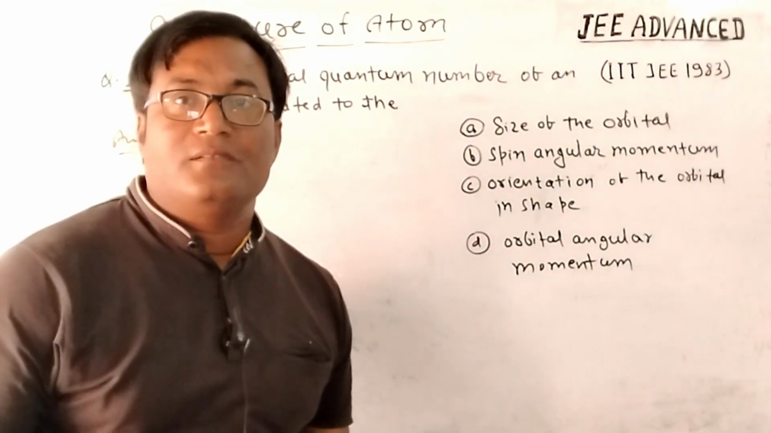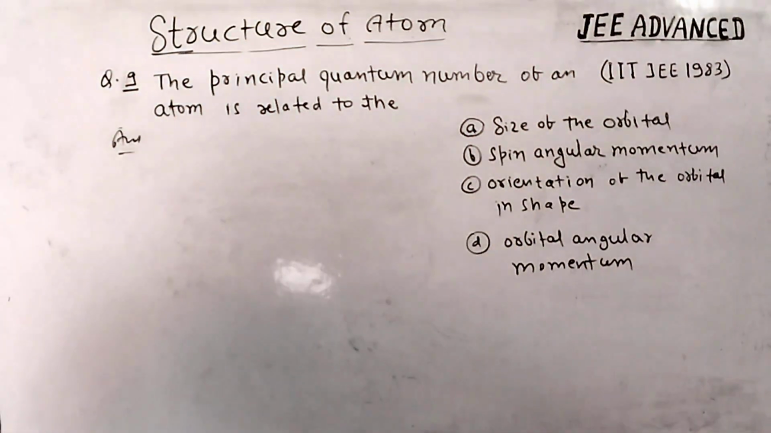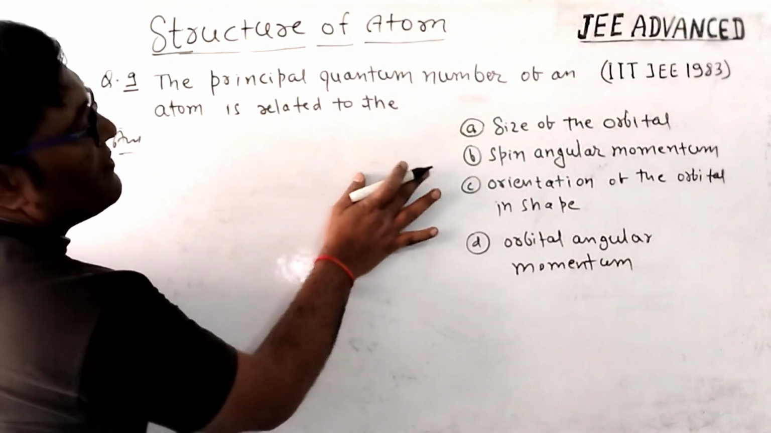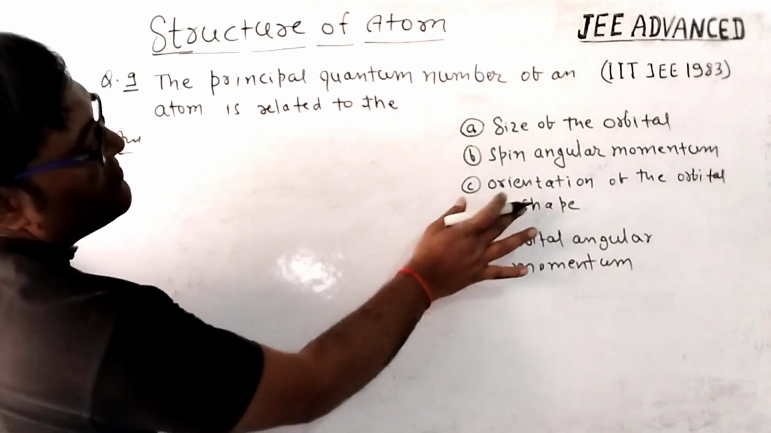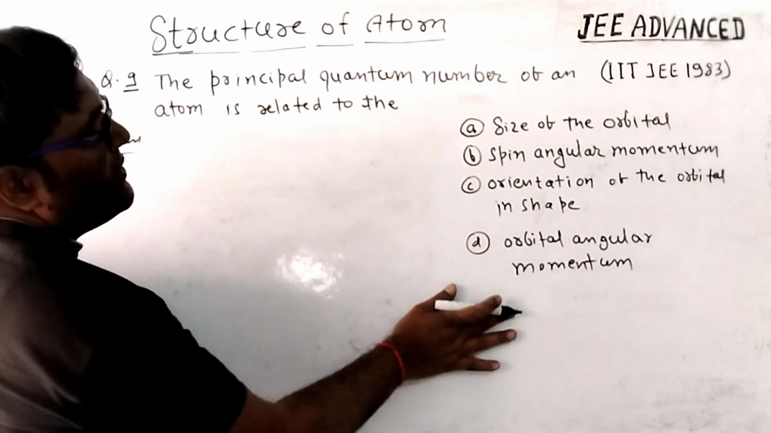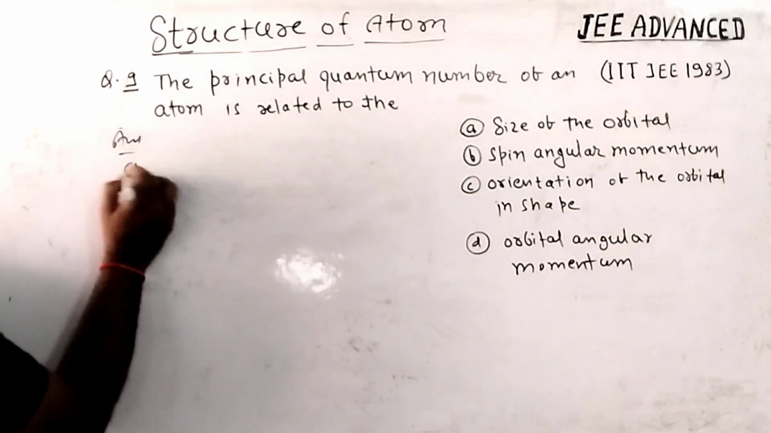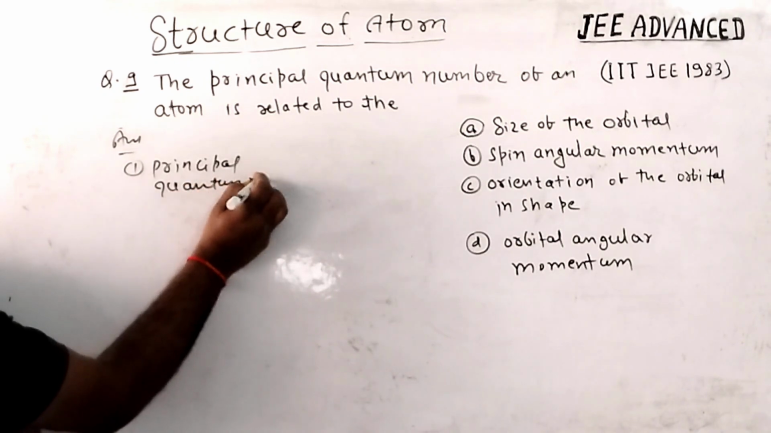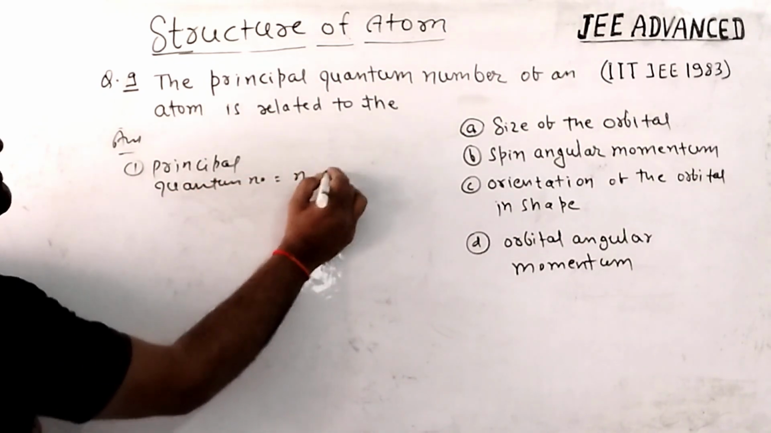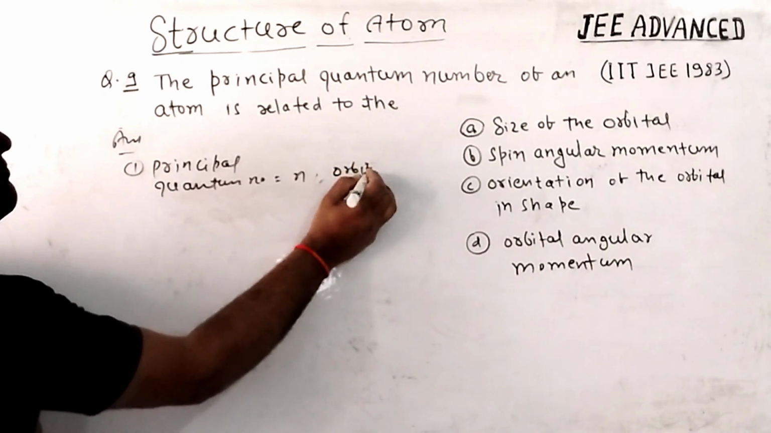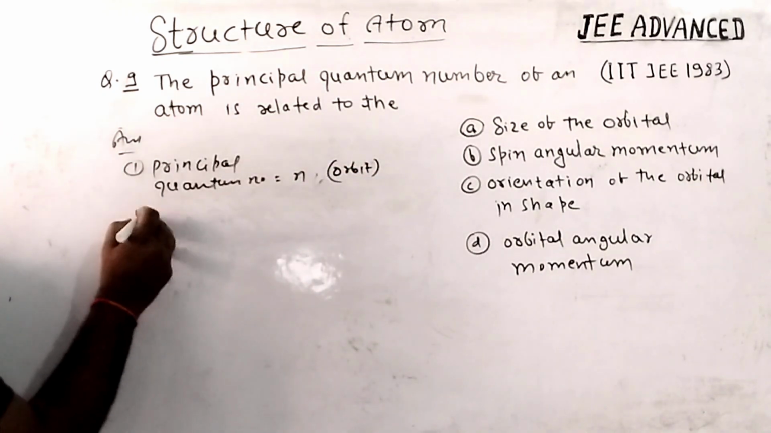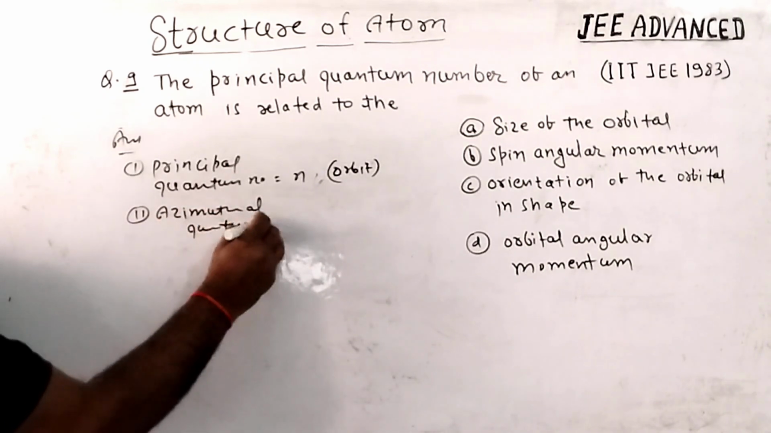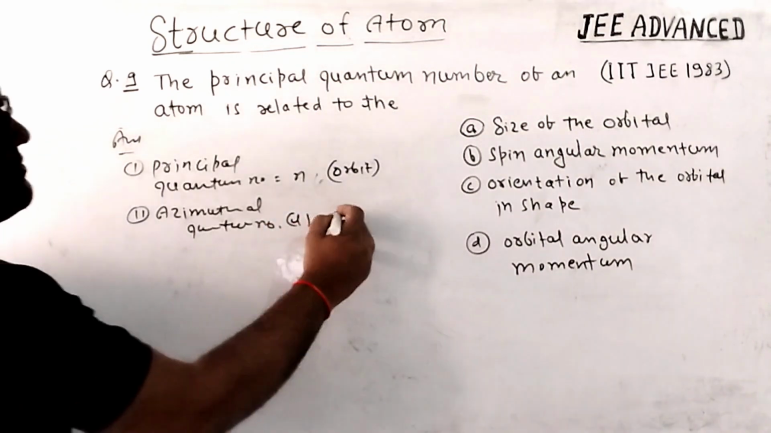Question number 9 is completely based on quantum number. So I am going to solve this question. According to question number 9, the principal quantum number of an atom is related to the size of orbital, spin angular momentum, orientation of the orbital in shape, and orbital angular momentum. Actually, quantum number first is principal quantum number denoted by n, may represent all information of orbit inside the atom. Now second is azimuthal quantum number. l represents